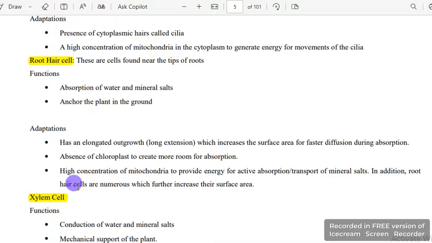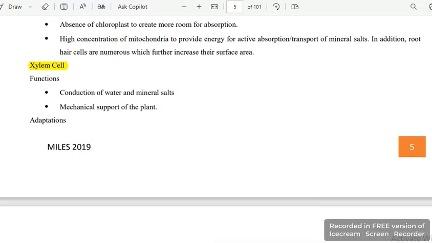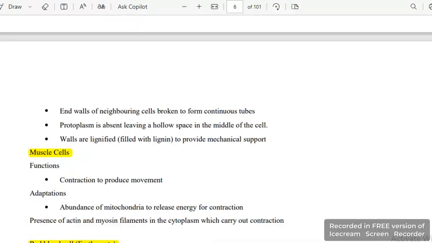So the other cell, the plant cell, which we should know, is the xylem. The xylem, its function is conduction of water and mineral salts, then the mechanical support of a plant. Adaptation. So adaptation of the xylem, number one,